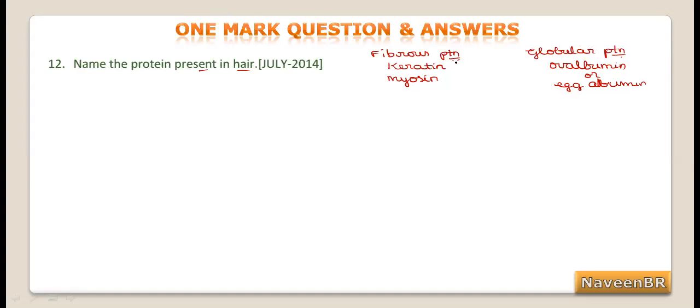Keratin is the protein present in hair, nails, and feathers. The protein responsible for structural rigidity is keratin. Here they have asked for the protein present in hair, and it is a fibrous protein, keratin. Such proteins are water insoluble, whereas globular proteins are water soluble. These have a fiber-like structure and form a coiled structure, which is like a subunit. So try to recall the concept along with the example. The answer for this is keratin.